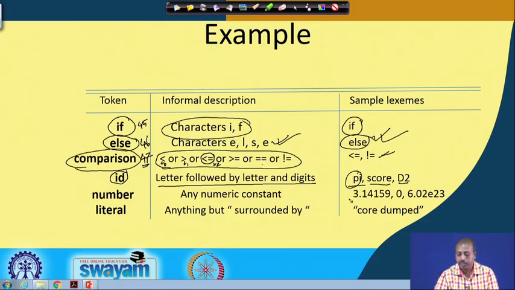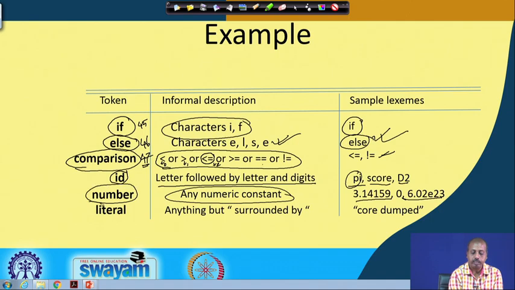Some numbers. So, this is say 3.14159. This appears in the input program, or say something like this. The rule that I have is any numeric constant. So, this is the pattern, and accordingly the token returned is number. Here also the token is number, but the token does not talk about the value that is actually there. So, this token has got two parts, as I said. It has got an identity, the token ID, and the attribute.